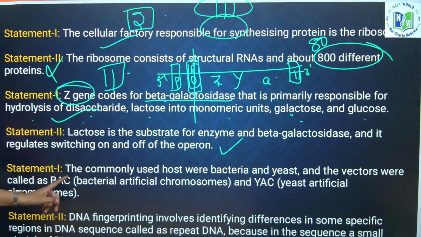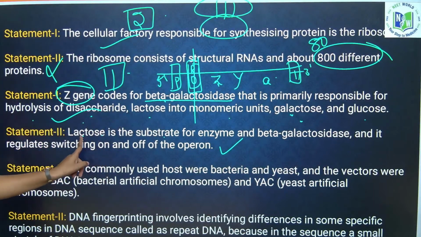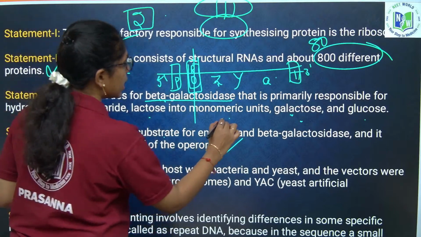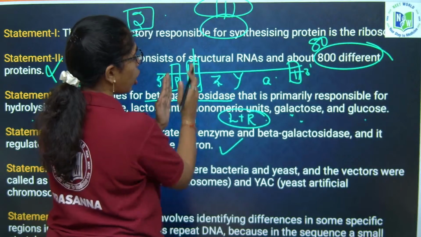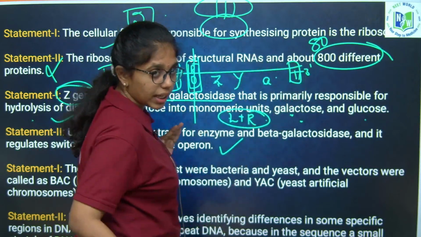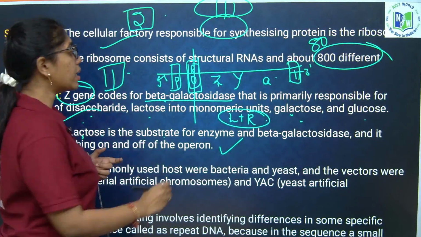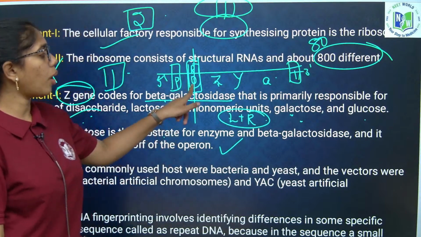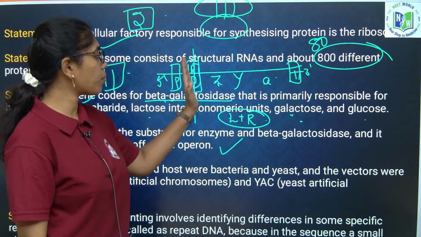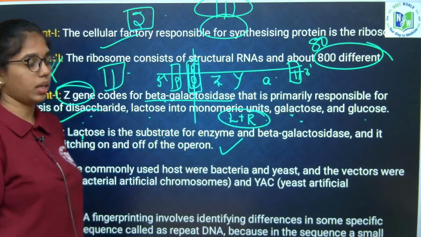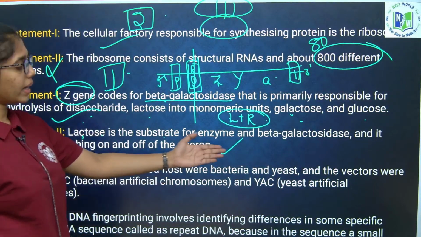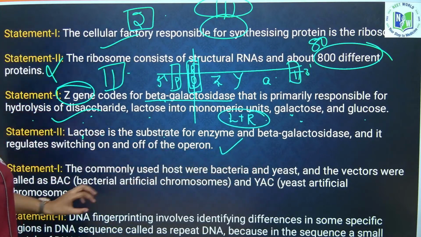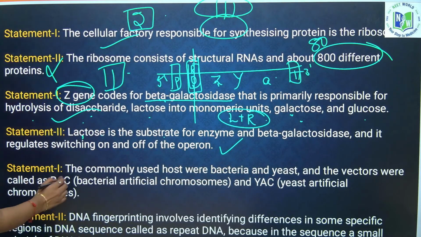Clear? Next. So here lactose is responsible. Whenever lactose is present, lactose is binding with the repressor, so nothing is there to block the process, and transcription is continuing. Whenever lactose is absent, the repressor goes and binds to the operator region, blocking the process, and transcription is not happening. Next, the commonly used hosts were bacteria and yeast, and the vectors were called bacterial artificial chromosome,